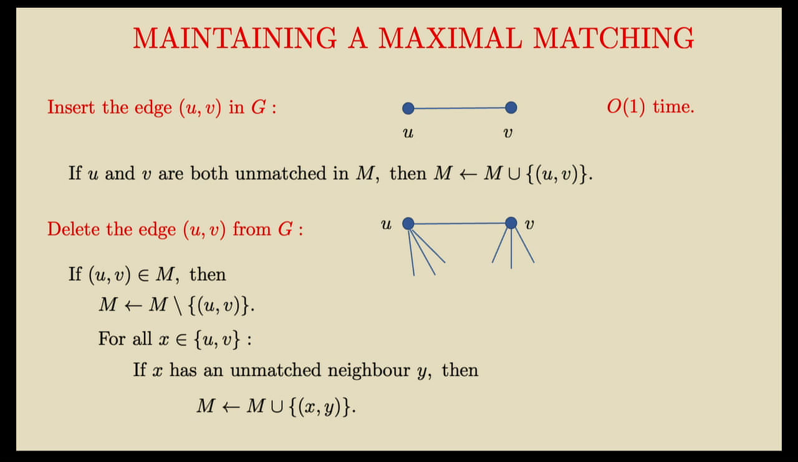And how much time does it take? We are just scanning the adjacency lists of u and v, right. So, the time taken is proportional to the degrees of u and v, and it is just order n because these degrees can be as large as n. Now, this maximal matching algorithm has order n update time, but 2 approximation ratio,